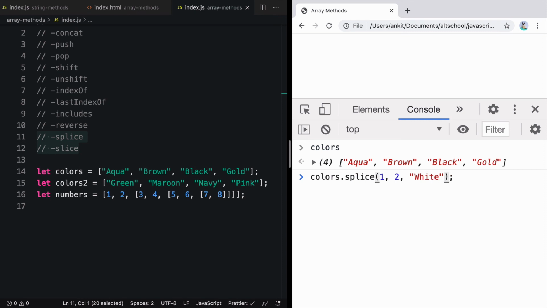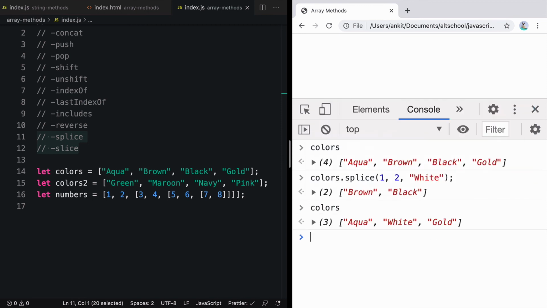So you can also use splice to add an element, and that is the third parameter you pass. Now if you look at colors, you'll see it has the values aqua, white, and gold. So when it deleted brown and black, instead of that, it added a new element, that is white.